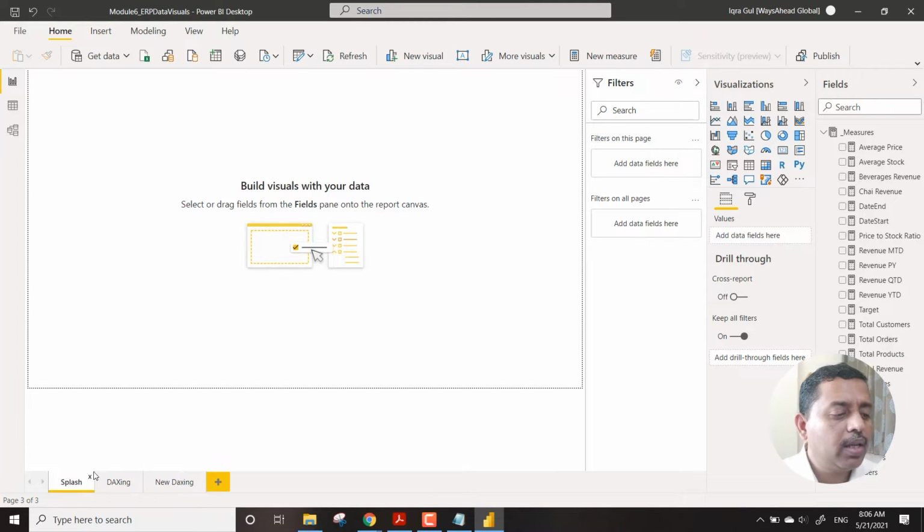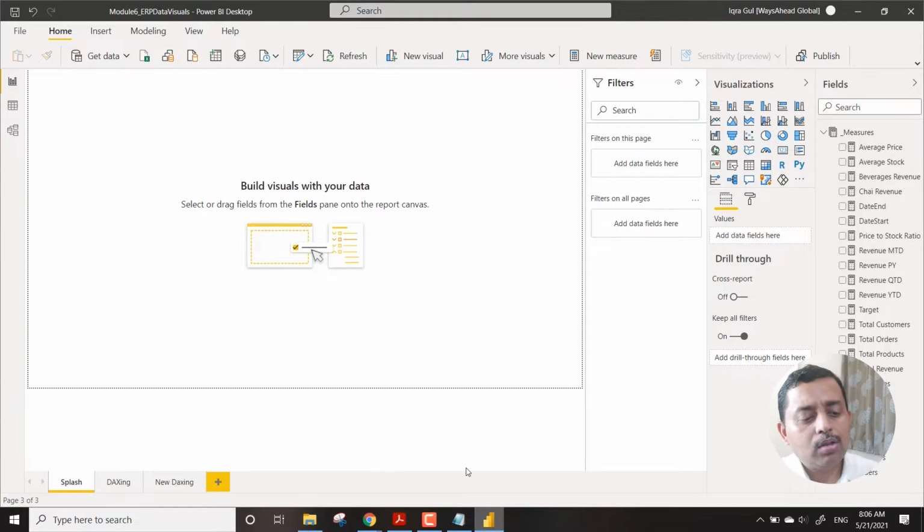The splash screen usually has a place wherein we just put the name of the company and what this report or dashboard is for. Precisely speaking, this is a report and not a dashboard. A dashboard is something we will see when we go to the cloud part, which is also a part of this particular session. We will also talk about the splash screen, and then we will be moving on to the visualization concepts, right?